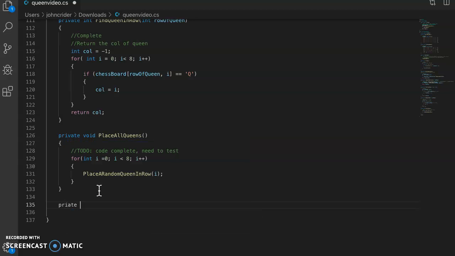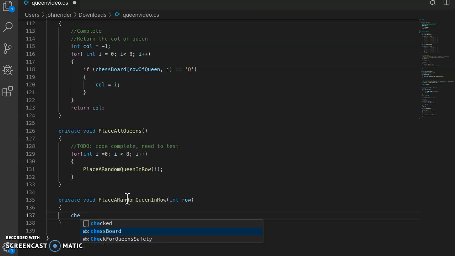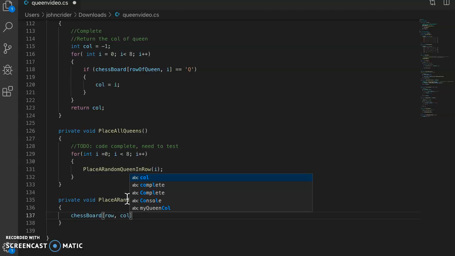So now we have private void. Let me spell private correctly. Place a random queen in a row, int row. Now I want to, in chessboard, take row and column and set that to a queen. But I don't know which column. A random number would be nice, and we can use